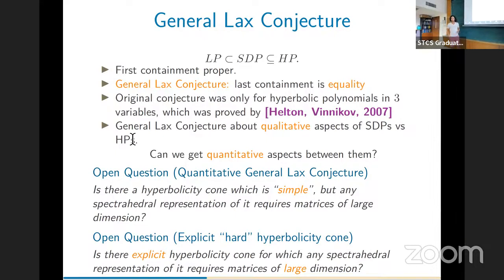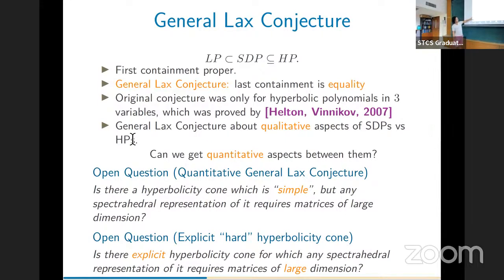Do we even know how to prove any kind of lower bounds on the spectrahedral representation complexity? Very good. I'm going to get to that in a couple of slides. So not just about the hyperbolicity cone, but any kind of lower bounds do we have? Right. So I'll get to what we know when I do the literature review real quick. I'll answer that in a little bit.